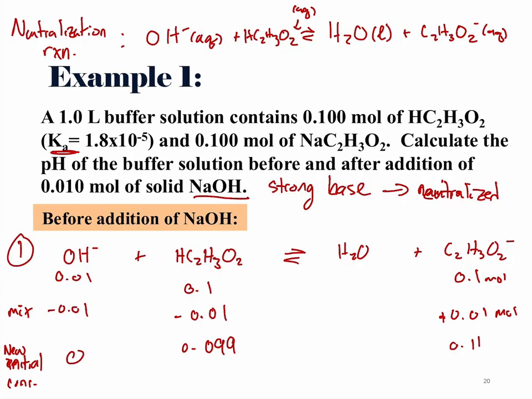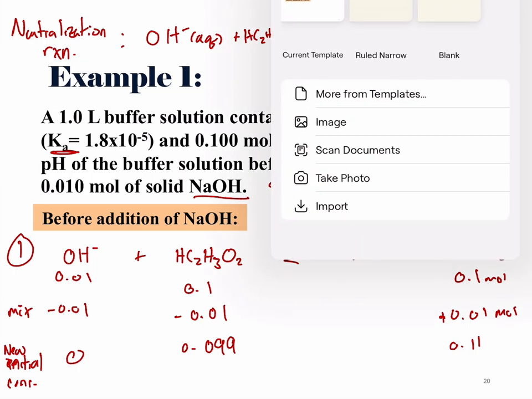So the important thing for this step is to write the neutralization reaction. Understand that that happens with all of the strong base or strong acid that you added. Then you calculate how that affects the new amounts of everything in solution, and then you calculate the pH. So then you can see right away that if you add too much, you go past your buffer limit, all of a sudden this doesn't work anymore because then you're going to have negative amounts of certain things in the solution. Okay, so the next step is then